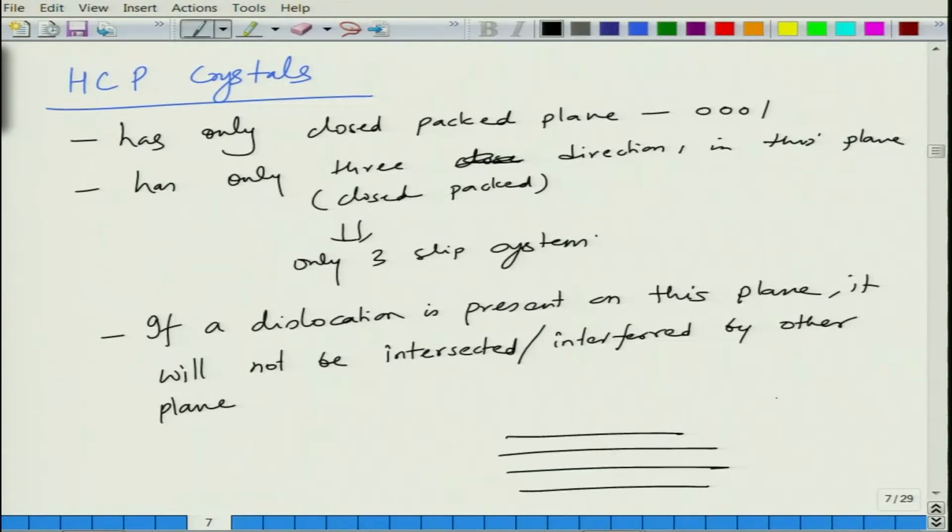So, this is HCP structure. This is the C plane basically, the C planes are all parallel to each other. As a result, if you have a dislocation here, a dislocation here, a dislocation here, they will not intersect each other. There may be instances that they have to be far enough if they are of similar signs, because their stress fields will overlap, but they will not intersect into the path of each other.